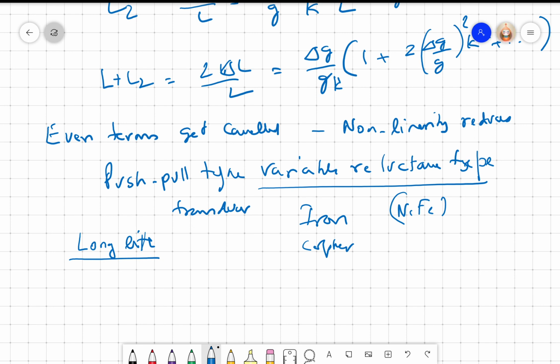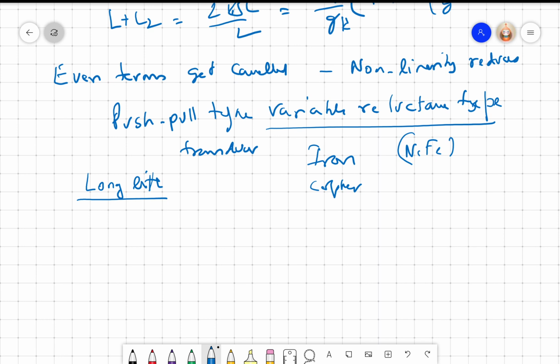The second thing is, let's say I made a transducer, right, and I apply a disturbance to it. Let's assume that I take a hammer and hit it, right? You may say, are you crazy to take a hammer and hit it? It is possible to have situations where the transducer has to take a beating, or what we call a shock, right? When I make it again out of iron and copper and make a variable reluctance type transducer,